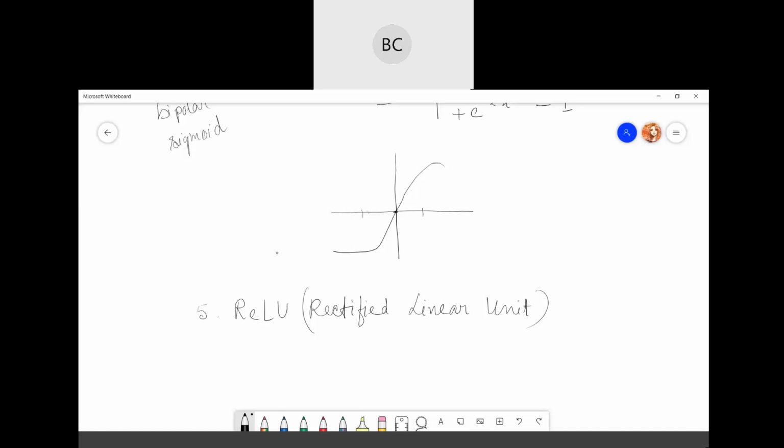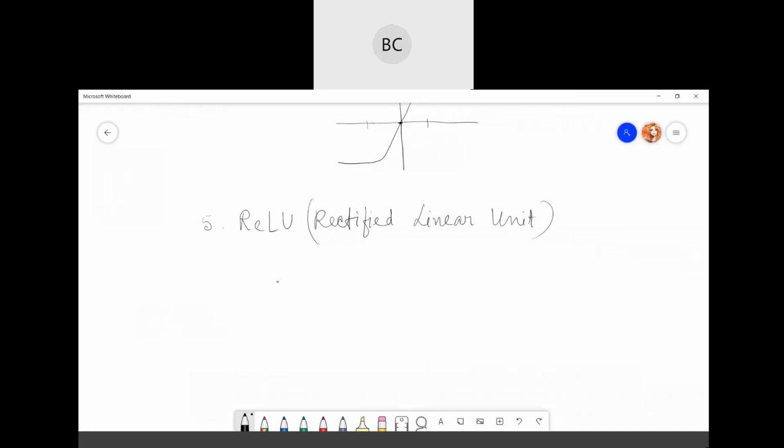That means the neurons will only be deactivated if the output of the linear transformation is less than 0. So the main equation here is f(x) equals max of 0 and x.